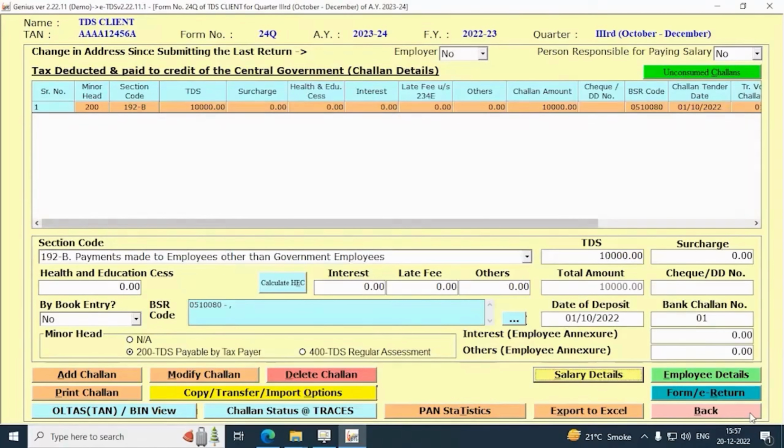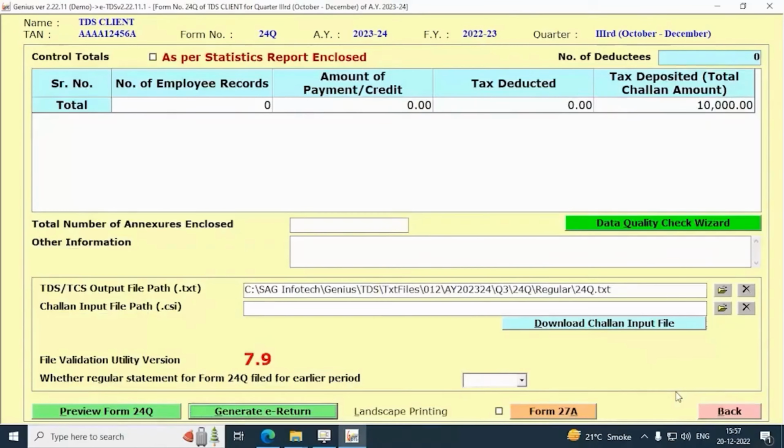After filling all the details, there is option called Form E-Return. After clicking on that tab, software will automatically take the output file path where 24Q or any other form will get saved, and if you want to edit the path, you can do it manually here.